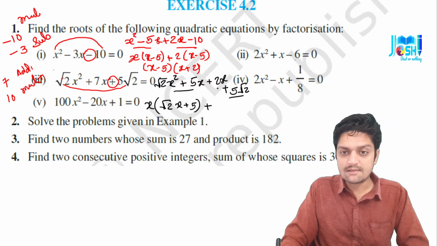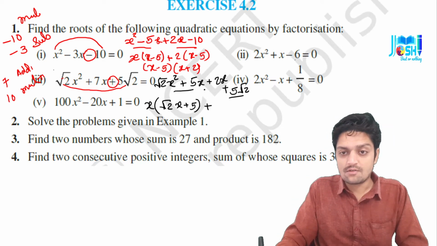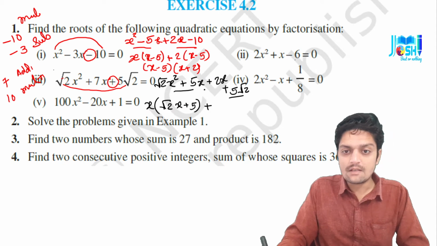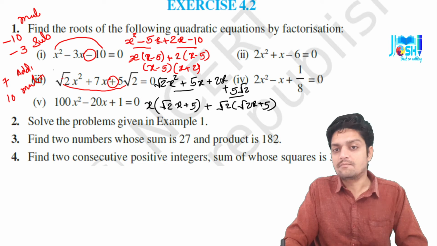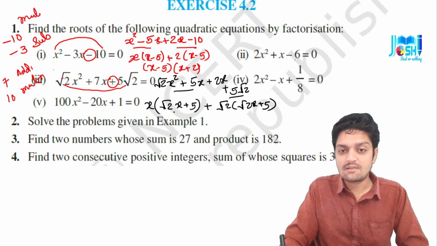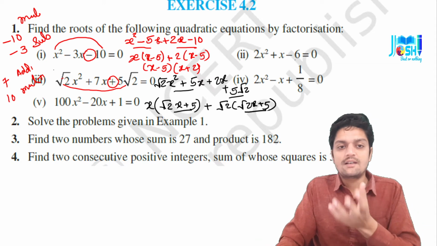Root 2 is common, because see here, 2 is there. In 2, root 2 is already hidden, so root 2 is common here. So I will write here root 2, and in the bracket the same thing will remain, under root 2, x plus 5. And what I have done for the upper question, the same thing you have to repeat for this question also, because both brackets must be the same. You have to write that just once, and the remaining terms, see this x and this root 2, you have to join, those are the factors of the third question.